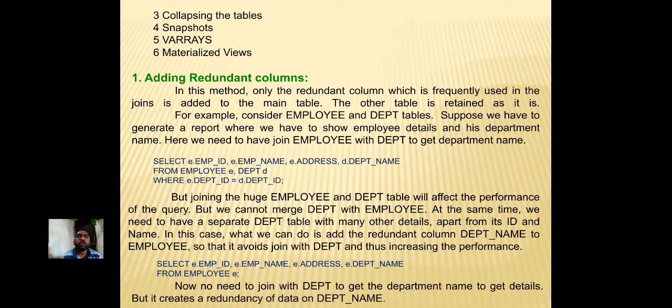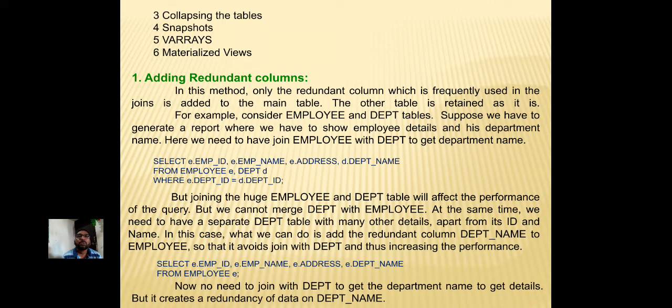But joining the huge employee and department tables will affect the performance of the query, and we cannot merge department with employee, as at the same time we need a separate department table with many other details apart from its ID and name.